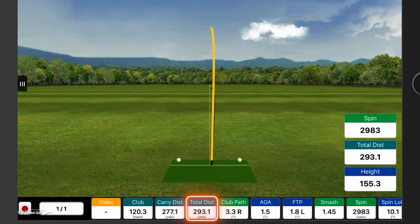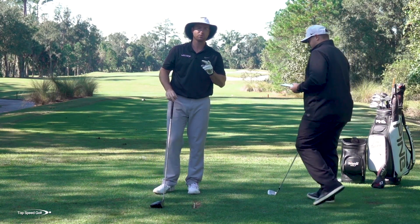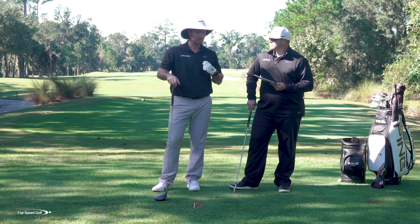So picked up about 40 yards. And the club head speed was 120.3 on that one. Okay, so 14 miles an hour and about 40 yards more distance by doing these 2 tricks that we're going to talk about. The first one is one that I'm going to go over, and it's to do with your